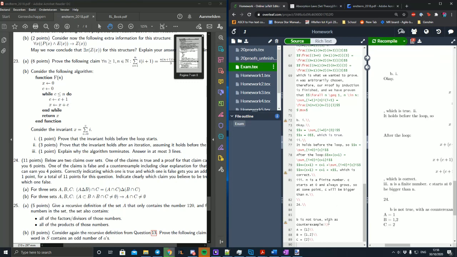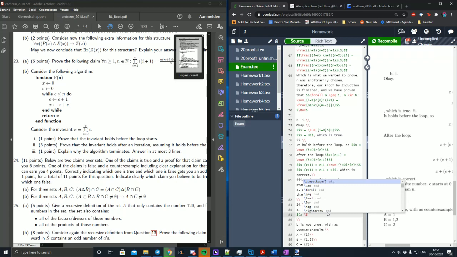That's already 5 points. Nice. Now for A, this is just going to be a direct proof. We're going to write everything in predicate form. So let's first open a bracket, and we want to go from the left side to the right side. So we have x in A XOR x in B, and then we have the